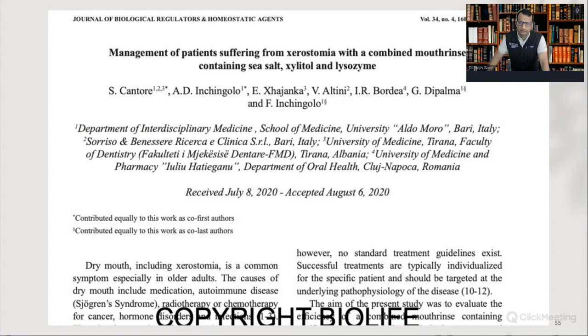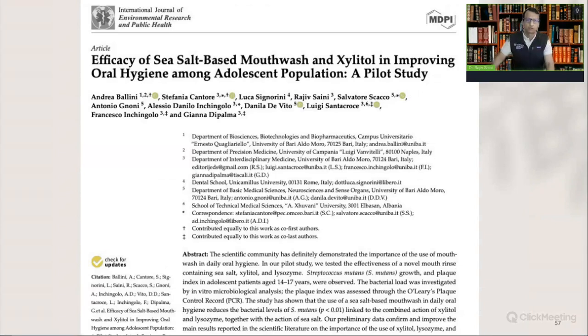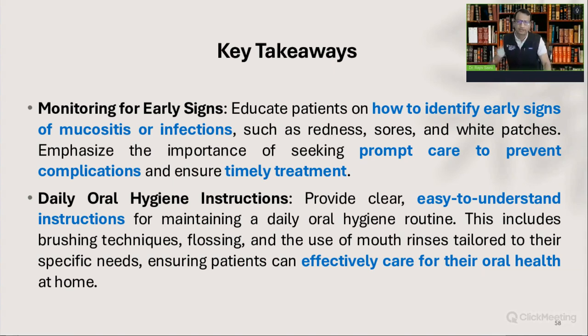And there are a lot of studies on sea salt based oral care products that show how they can manage xerostomia, how they can help improve the healing process and maintain oral hygiene even in diabetic oral surgical patients, and also how they can improve oral hygiene among orthodontic patients. So there are routine, regular clinical studies already done that prove the effectiveness of these sea salt-based oral care products. So the key takeaway message for all of us here in this seminar is